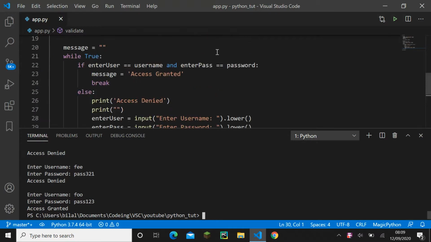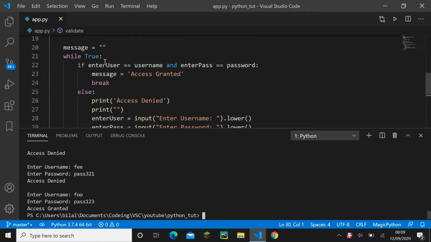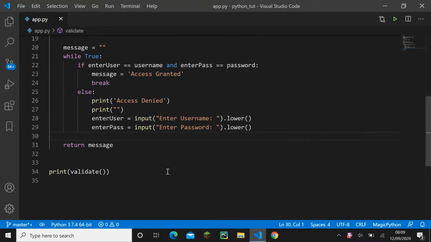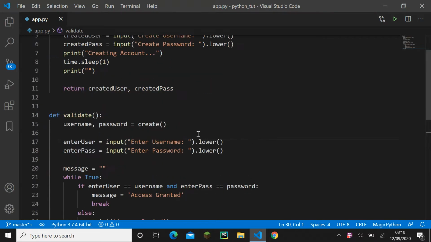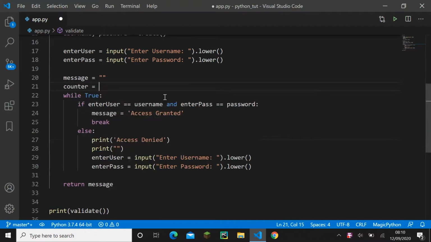But realistically, we don't want them to do this an endless amount of times, because if it's not the rightful owner of the account, it gives that person endless opportunities to get the account right. So what we can do is initiate a variable called counter, give it a value of 0, and we'll do